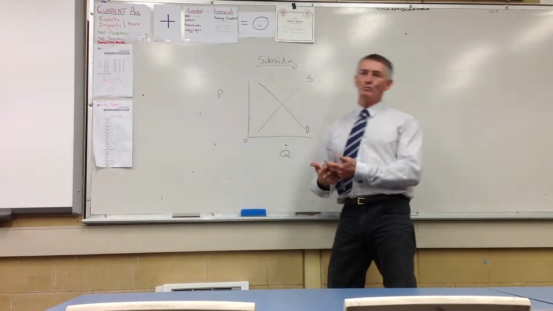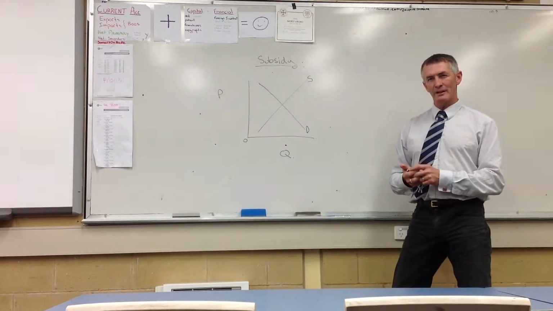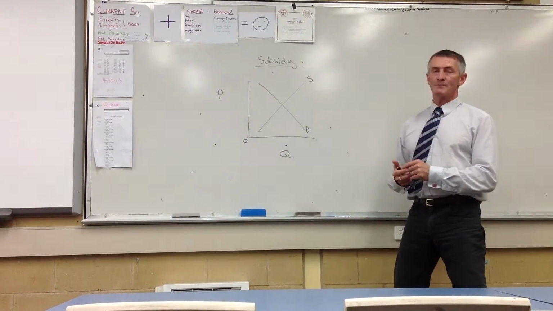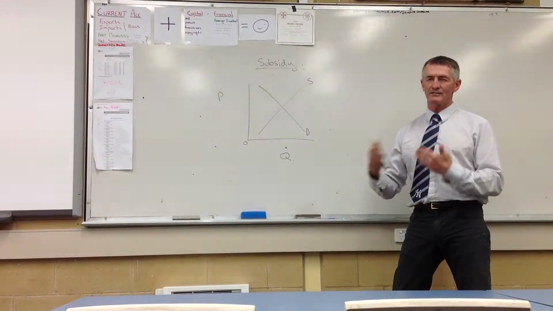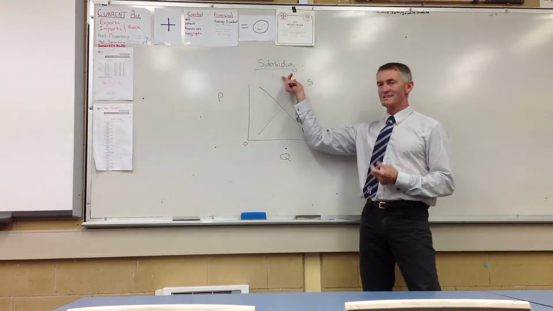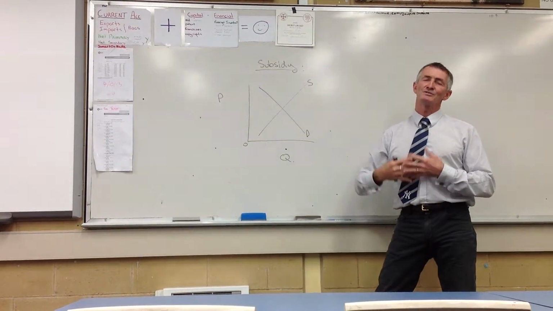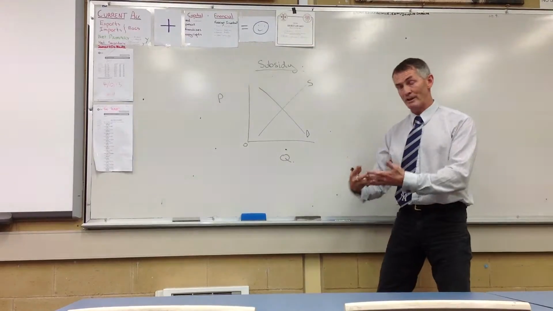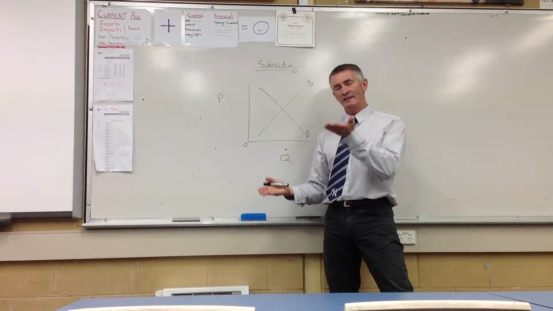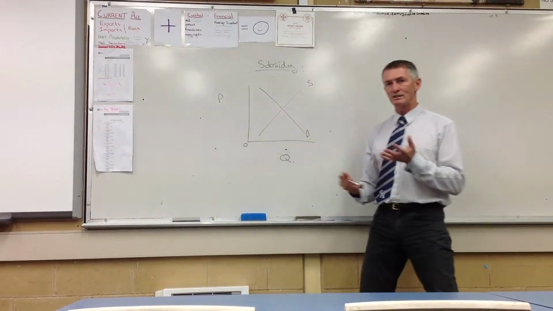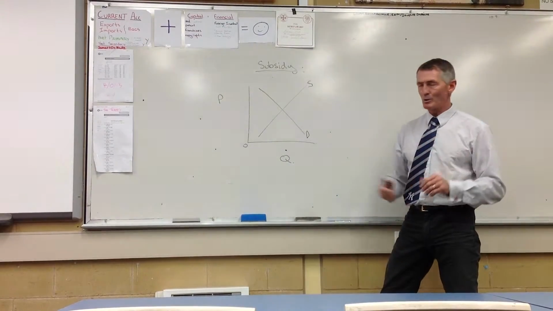Okay, a third form of protection, if you can use a diagram to demonstrate, is a subsidy. Subsidy takes a totally different tack to the other two. A subsidy is a cash payment to local producers, which is actually designed to encourage them to produce more product. By increasing supply, it will bring down the price of the locally produced product, making it more competitive with the